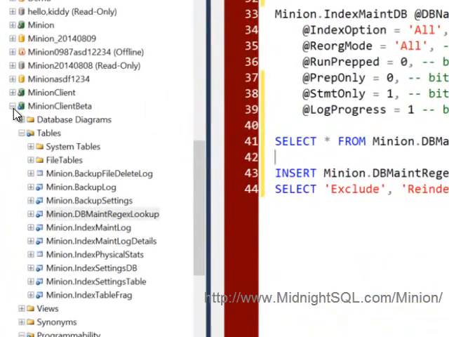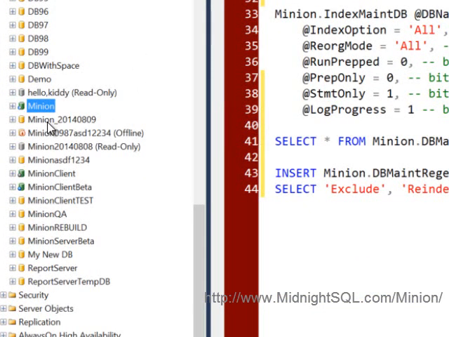We've got all of these Minion databases on here. We've got Minion and Minion underscore 2014, 0809, and then we've got 0987, ASD 12 something. We've got this guy right here. We've got client, beta, test, QA, rebuild, server beta. So we've got a lot of these Minion databases on here, and we really don't care to reindex any of them. So rather than enter in exceptions for every single one of them,